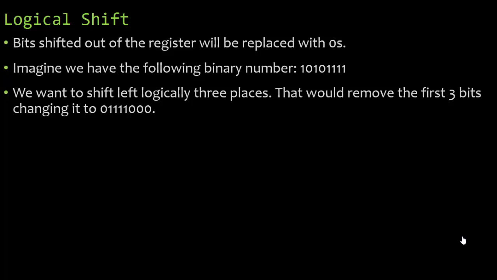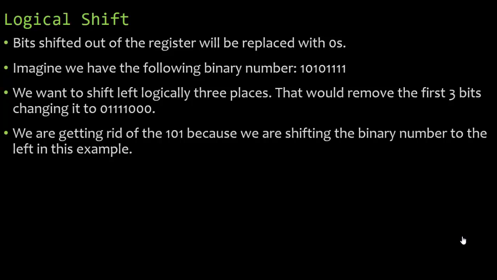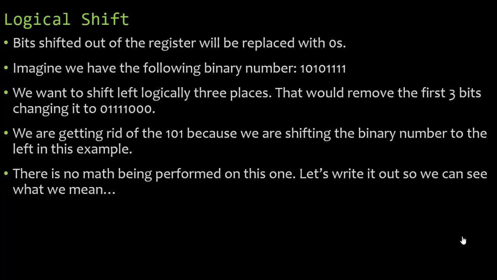Well, what happened to the first 3 bits, the 1, 0, 1? We're getting rid of them because we are shifting the binary number to the left in this example. Because we're shifting it to the left, we have no room for the 1, 0, 1, so it literally just disappears. Now, there's no math being performed on this one. We are not shifting to the left because we are multiplying. It's asking us to shift logically. Now, this does affect the value in the accumulator,